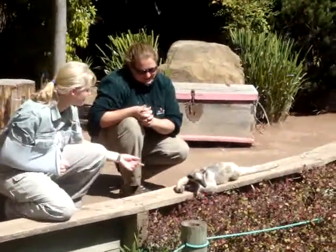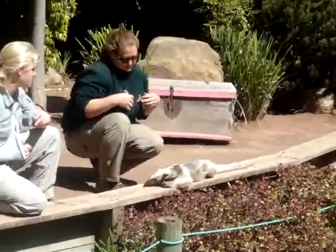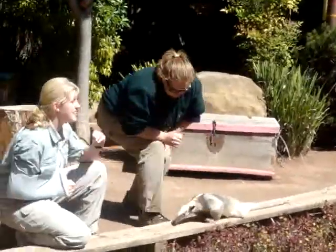Now, if you guys take a quick look at Kong's claws, you see those claws right there? They're about 3 inches long, and they are strong enough